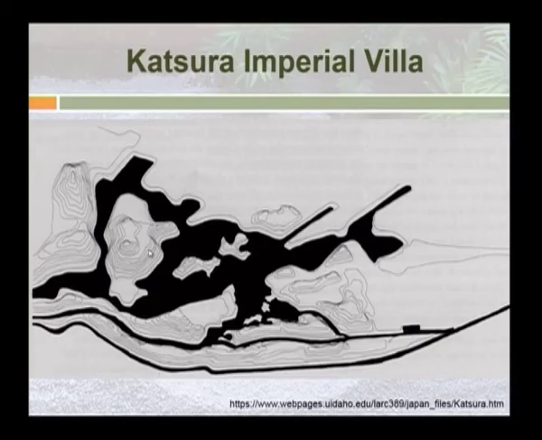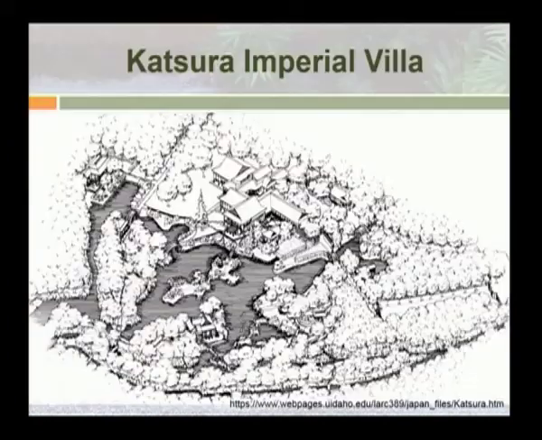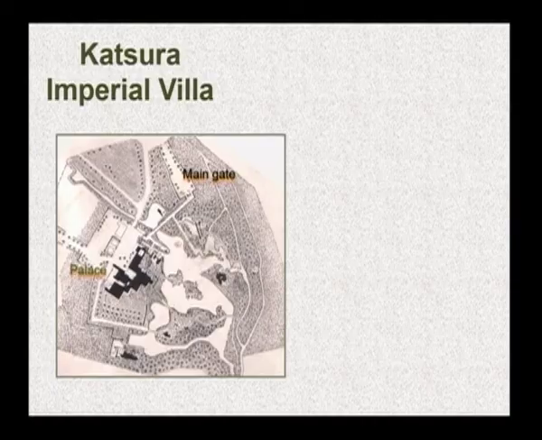This black and white image shows the tortoise shaped island and the flying crane shaped lake. This shows the configuration of the buildings and the relationship to the garden elements. We can see the buildings and the different garden bridges and the stone arrangements. Now, this is overlaid with vegetation. This is the entire view of the garden, and another view,